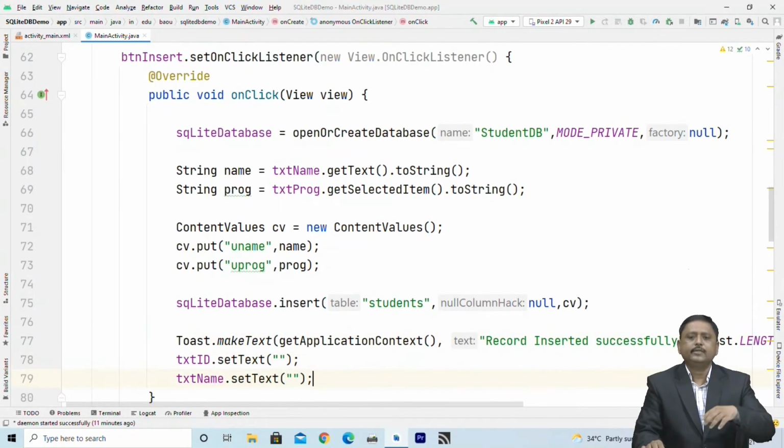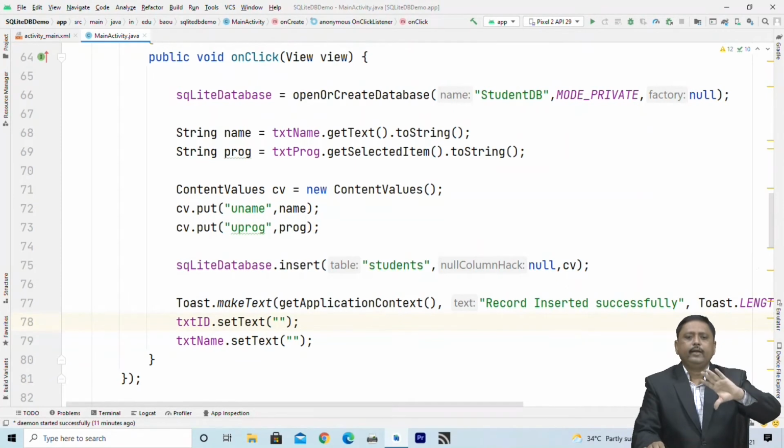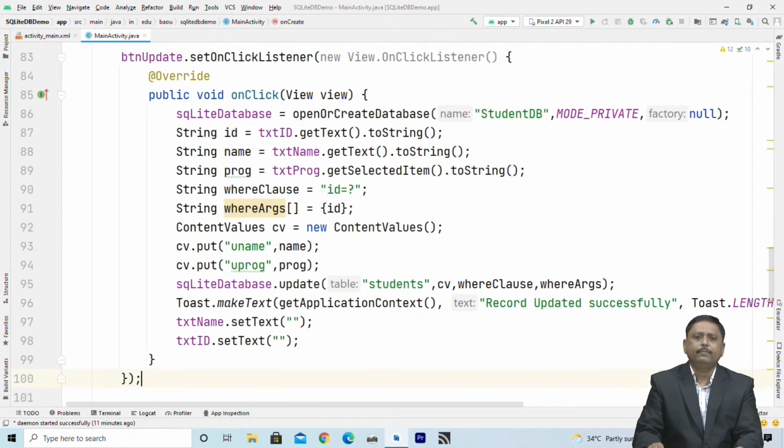Now after inserting record, we clear the value entered by user. So whatever entered by user in ID and name is entered into database, and then it sets to blank. So this is how we can insert data. Next, we want to update. So again, I open the database.